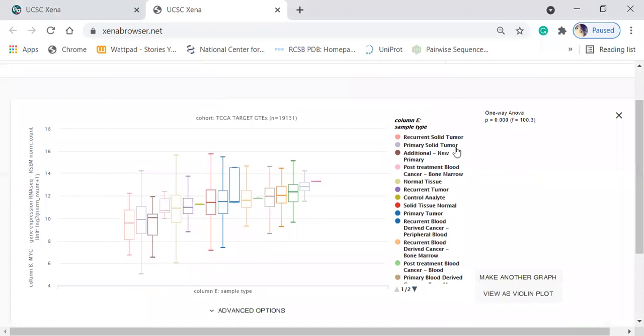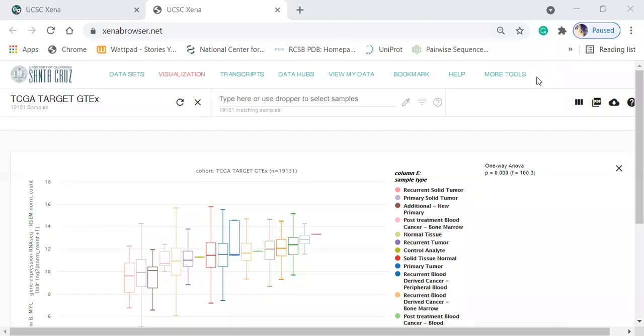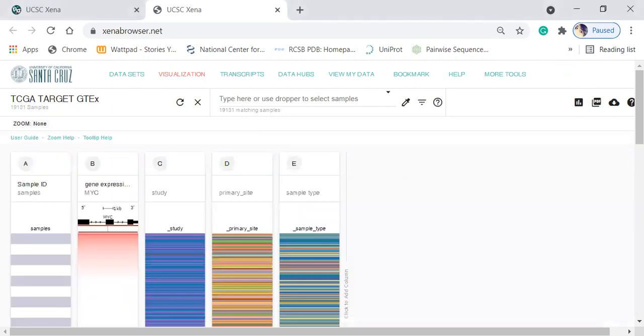Here we can see all the different types of tumors, which are shown in different colors. The largest gene expression is for this red one, which is solid normal tissue. So normal tissues are showing more gene expression. We can conclude that from here. Also, you can download all of your data as PDF from this PDF tab. This is all I had to show you. We can learn more using the tutorials, but I have only prepared this much.